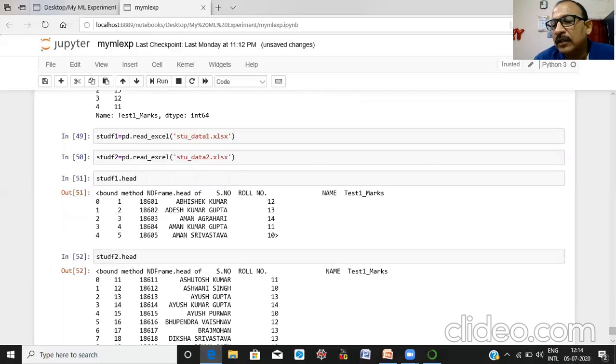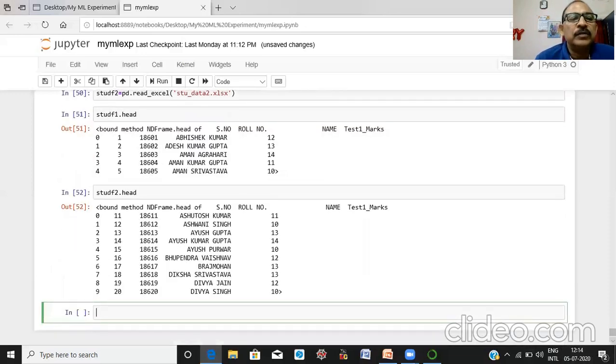These are the contents of our data sets df1 and df2. Now we want to add these two data sets.